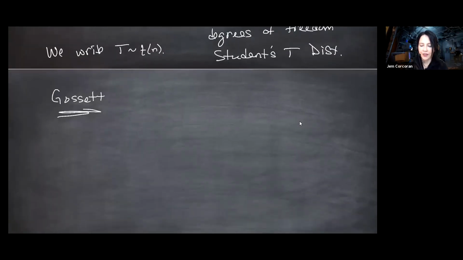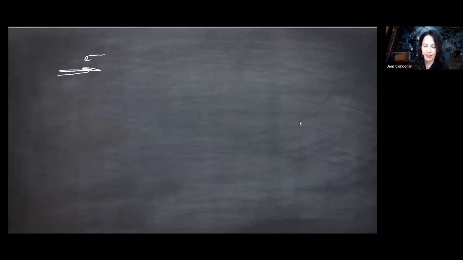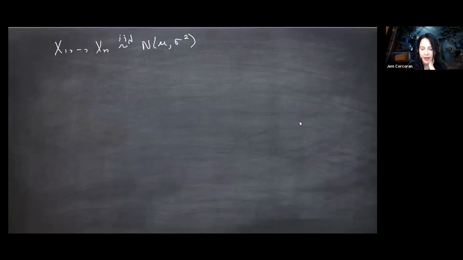Back here, and you guys did most of the work for this already. So check this out. As a reminder, I have x1 through xn, IID, normal, mu, sigma squared. And what do we know? We know a couple of things here. Here's a couple of facts that we've shown. So usually when a teacher writes facts, they're just not going to show it. They're like, here's some things I want to state.